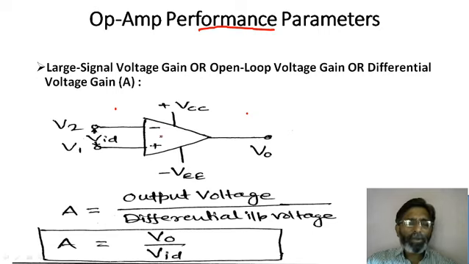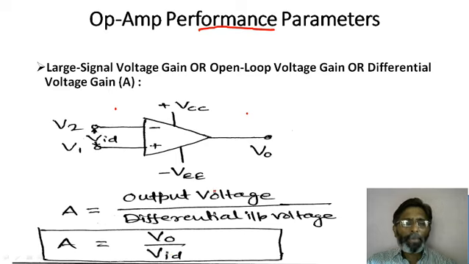Now see how the open loop voltage gain can be found. We connect plus VCC and minus VEE to the op amp, and give input to the inverting as well as the non-inverting terminal. So our net input will be VID, and we will have this output. The gain, as you have studied, is basically output upon input. So the gain A will be equal to the output voltage divided by the differential input voltage. So the formula is A equals VO upon VID.